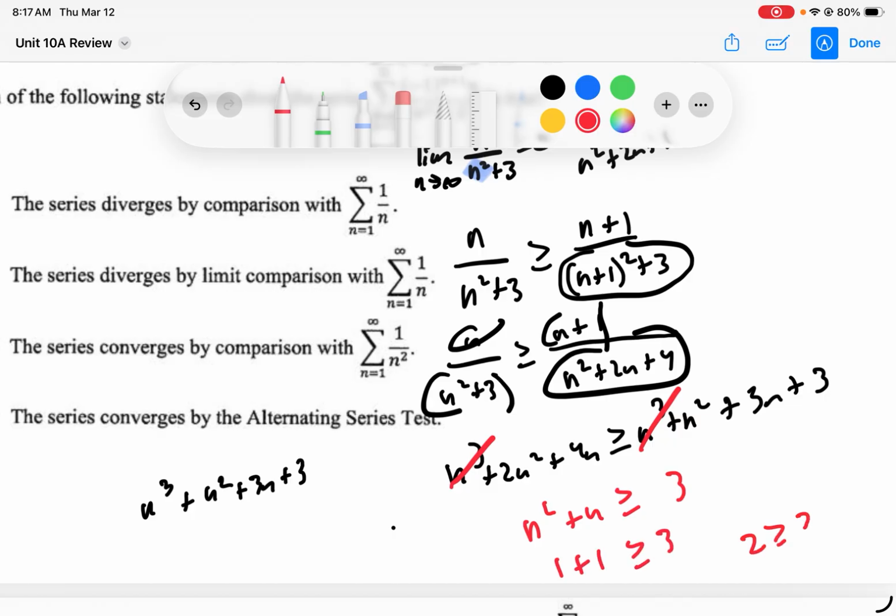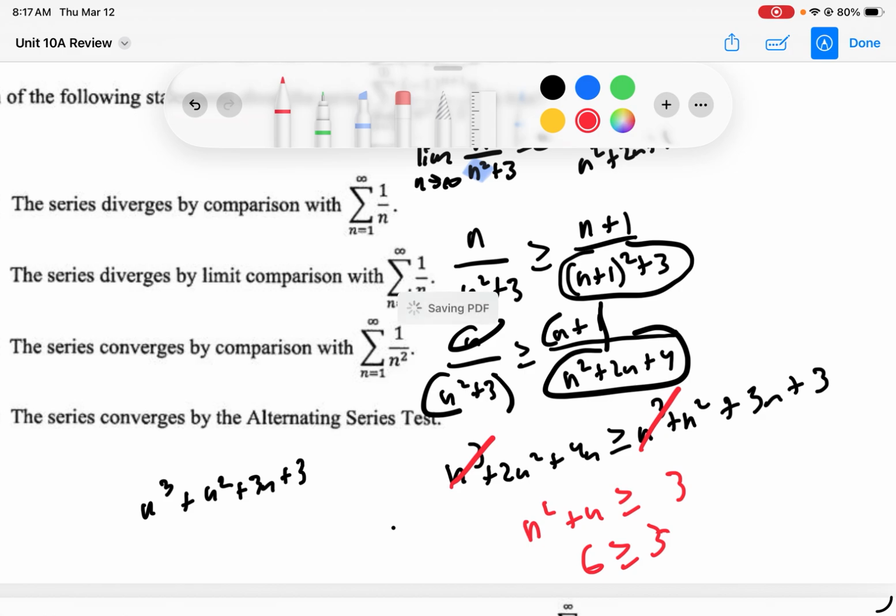So 2 is greater than or equal to 3, but anything after n, or anything after 1, if I plugged in n was 2, then it's okay. So 2 squared plus 2 would be, that's embarrassing, 6. So anything after 1 is good. So I plug in 1,